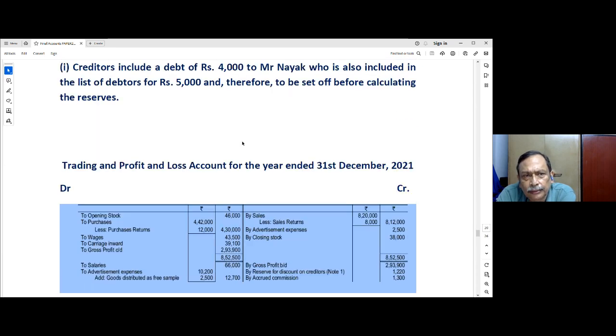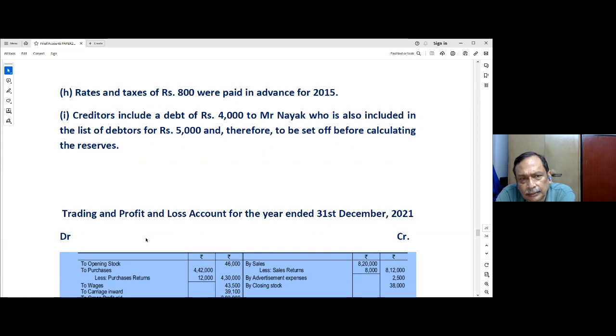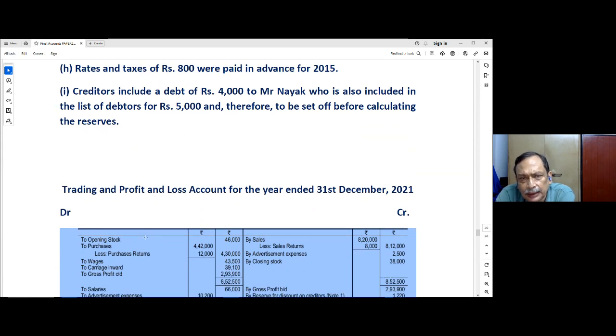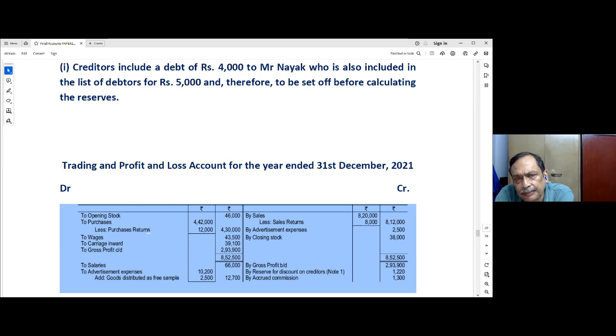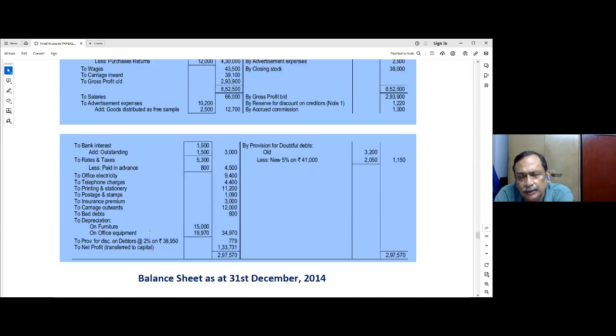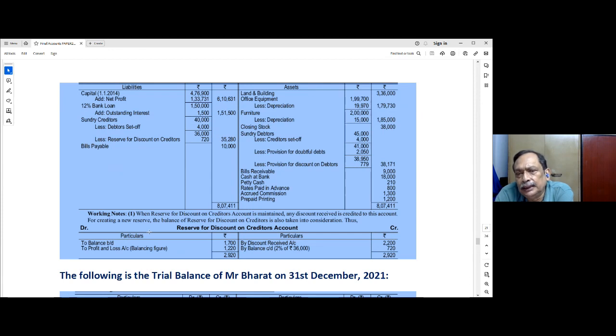You see, if you look into item number 7, creditors include a debt of rupees 4,000 to Mr. Nair, who is also included in the list of debtors for rupees 5,000 and therefore to be set off before calculating the reserve. So that's why we have deducted from sundry debtors less creditors set off 4,000, then less provision for doubtful debts, then less provision for discount on debtors,